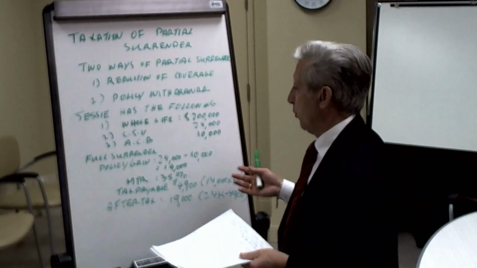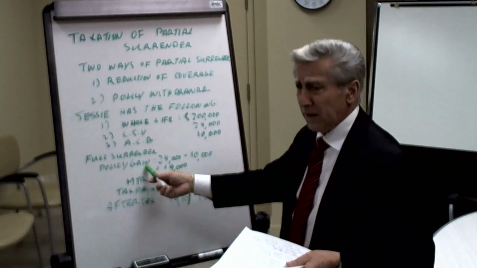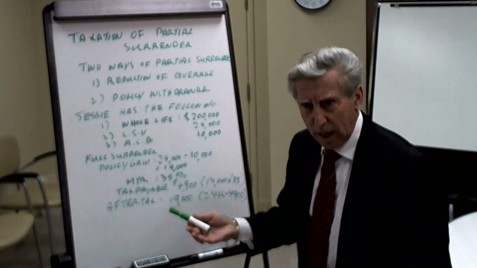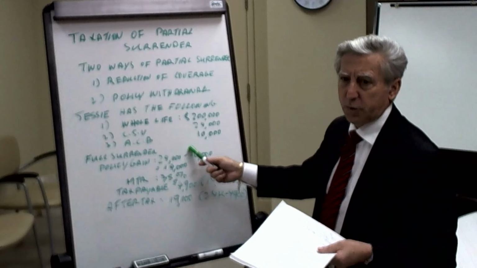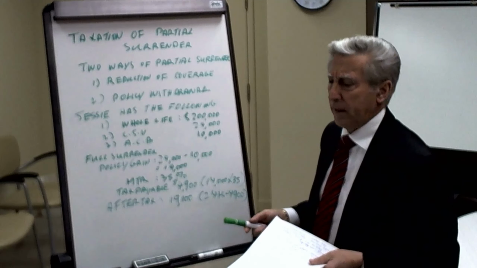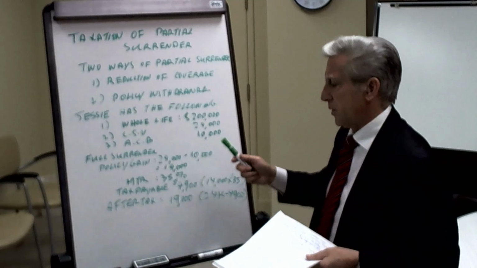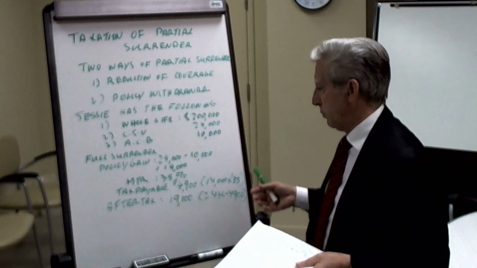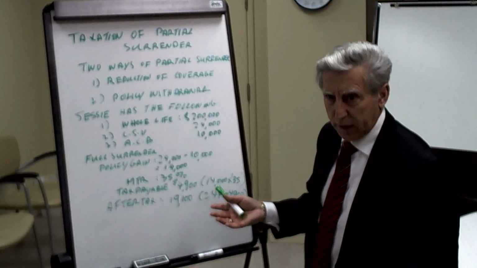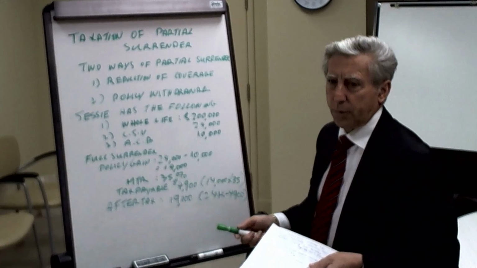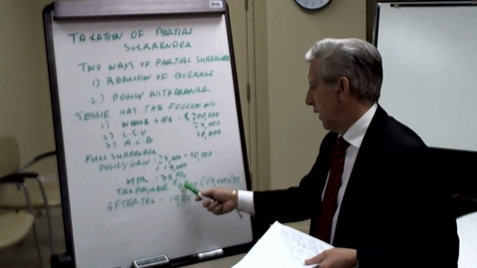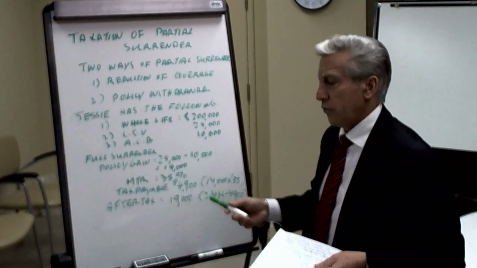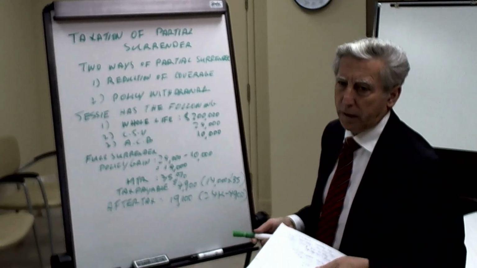So like we did in previous webinars, you have a full surrender, and you've got this issue here, the policy gain. That's where your taxes are going to be. How do we establish that policy gain? What is the proceeds of disposition? Proceeds of disposition, $24,000. What is the ACB? In this case, it was $10,000. So therefore, she's got a $14,000 policy gain, where she has to pay tax. Now her MTR is 35%, so 35% of $14,000, she has to pay tax of $4,900. So she has to send CRA a check for $4,900.